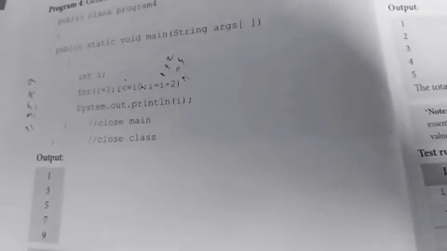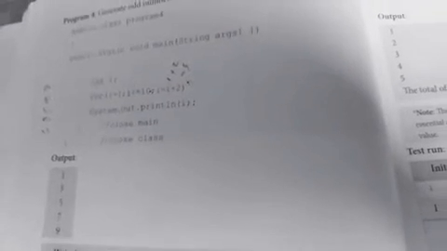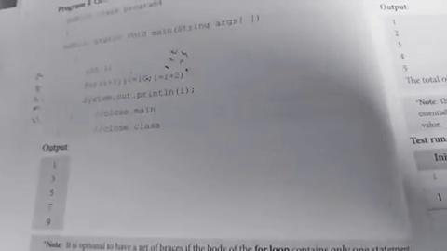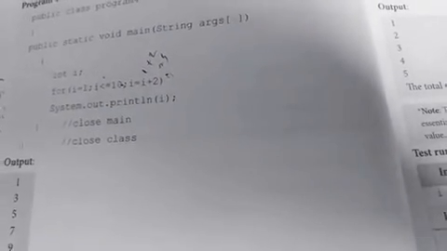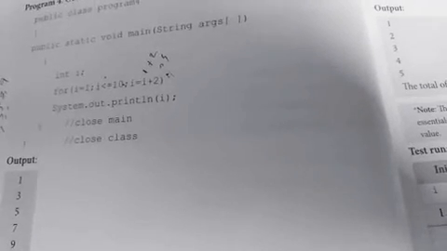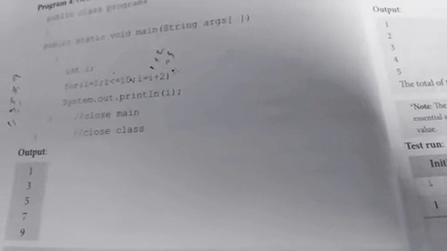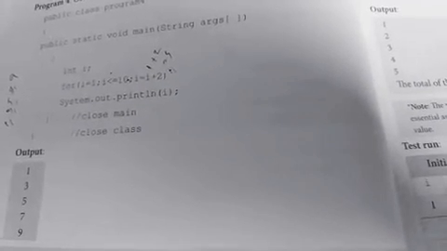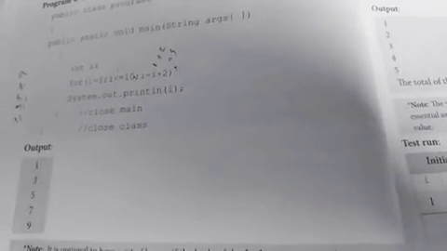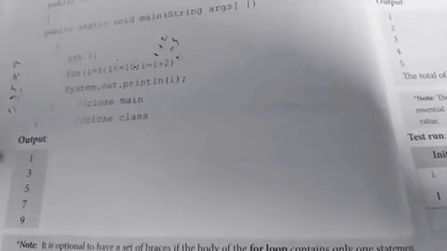How will we print odd numbers from 9 to 1? Same program. We know that the initial value is 9. What is the condition to be checked? I greater than or equal to 1. Then I equal I minus 2. That is the change you have to make in the for loop. Then we will get the numbers in reverse order, that is, from largest to smallest.